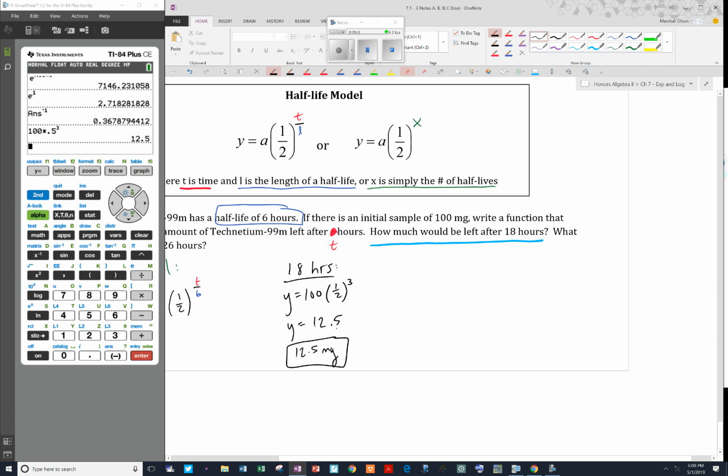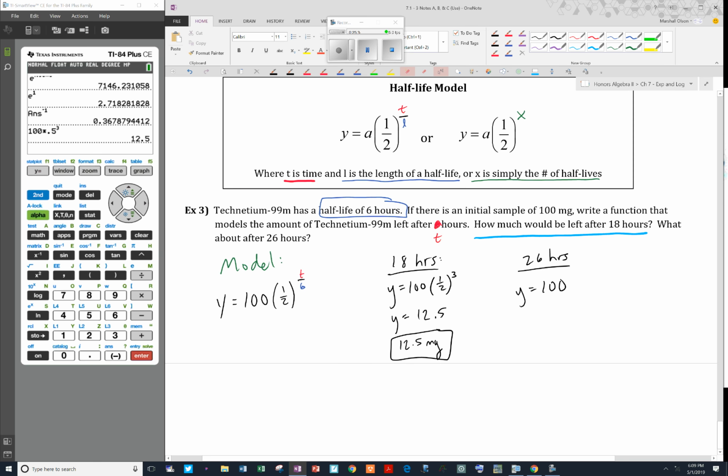So if you can easily tell how many half-lives have gone by, that's the idea you want to use, even though I wrote my model differently over here, which is the actual model. I know how many half-lives have gone by, so I just put in that amount. For the other one, though, the 26 hours, it's hard to tell how many half-lives have gone by because 26 is not divisible by 6. So this is where you want to use the first model, the one we actually wrote,